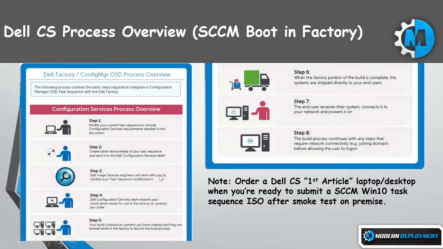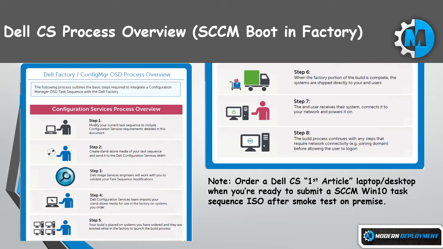And what will happen as part of that step 3 right here, as part of that validation, they will send you a first article unit, is what they call it. And that first article unit from Dell will have your task sequence laid down, and basically the goal of that is to ship it to you and make sure that when you unbox it, you have the proper experience that you expected. And that's why personally I recommend that you do a smoke test before you go through that